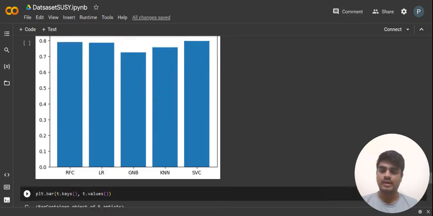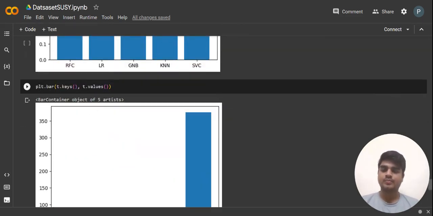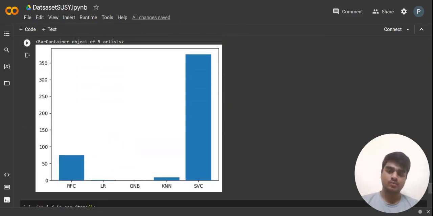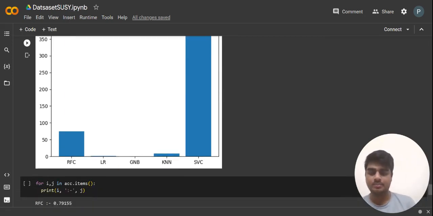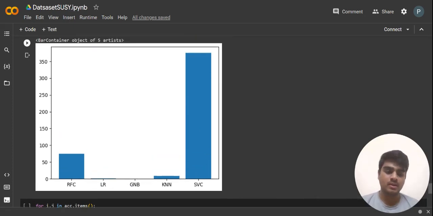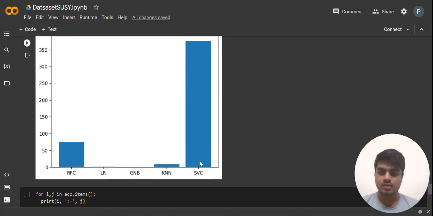And what I did here is measure how much time each classifier took to execute. SVC took much more time to execute, and then RFC, then KNN, then LR, and then